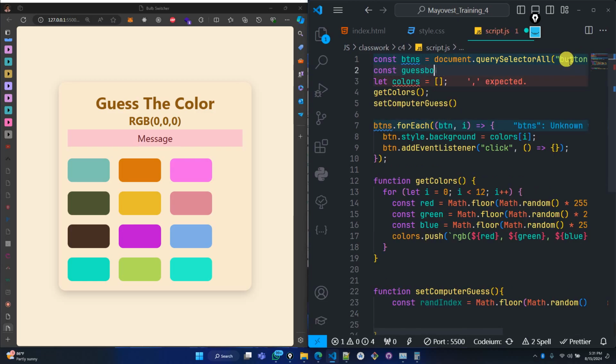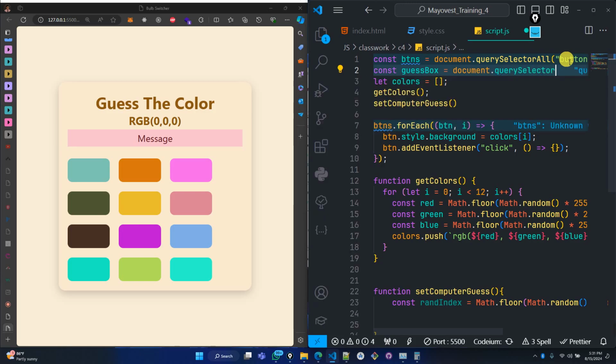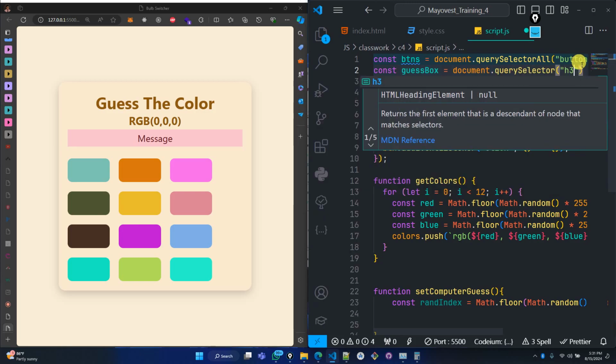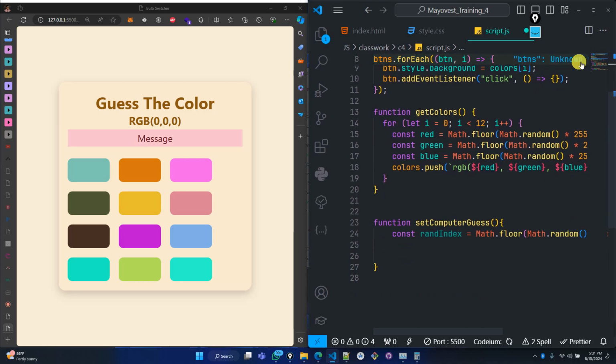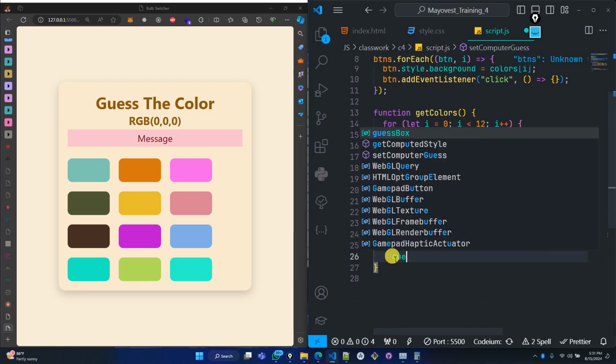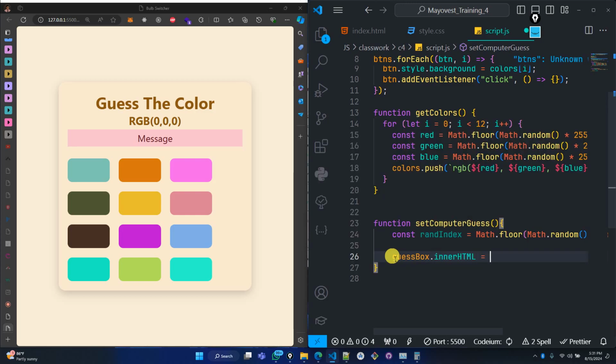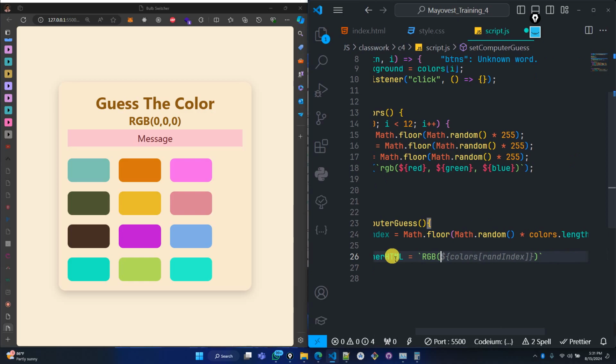Yes, box, document, then query selector. We are selecting only one. This is going to be H3 like this. So what do you want to do? So guess box dot inner HTML should just be, I'm using backtick again, RGB. So this is going to be color